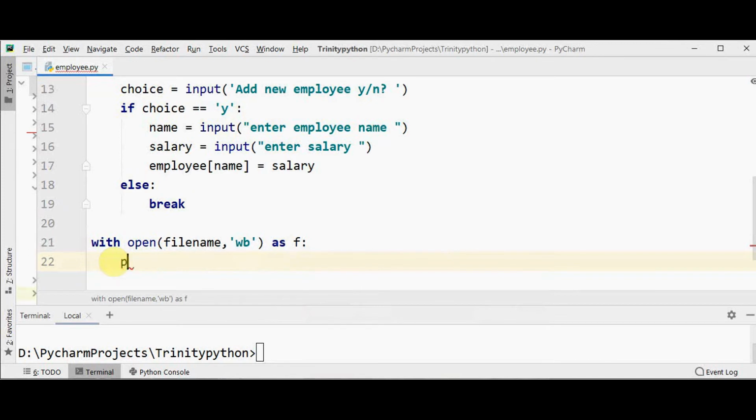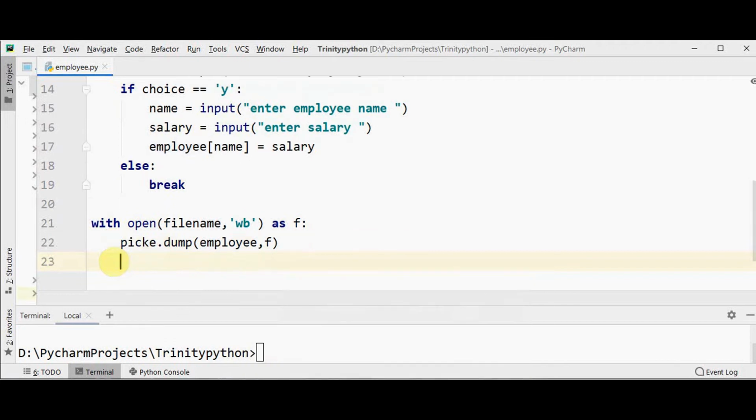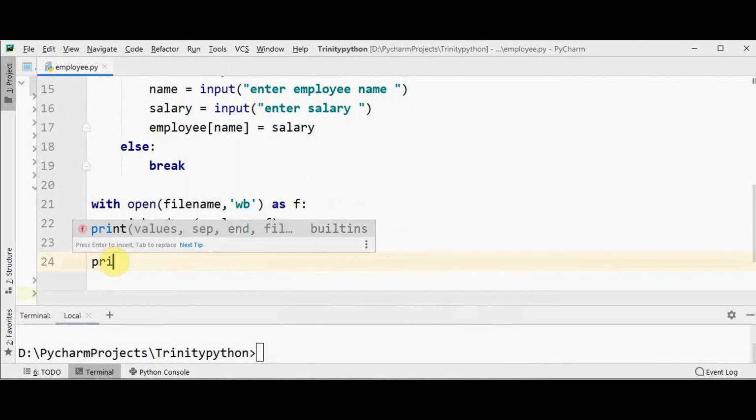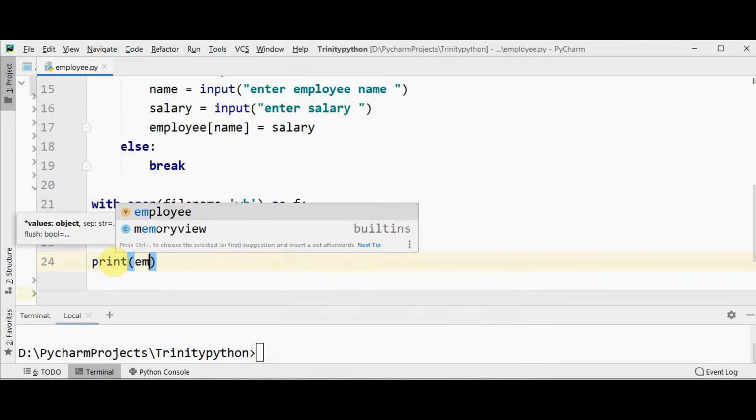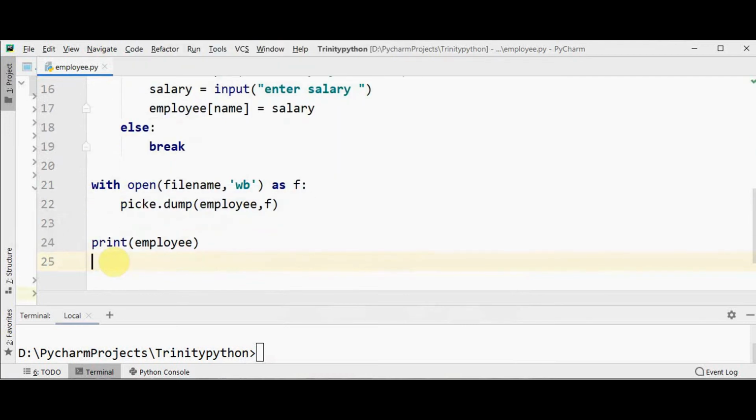To do that, we are using the dump function. pickle.dump takes two arguments, the content to be placed inside the file, and the second argument is the file object. That's it. And finally, let our program print the dictionary contents. The main purpose of saving this dictionary to a file is that once you have updated the dictionary, the next time you run the program, it will persist.